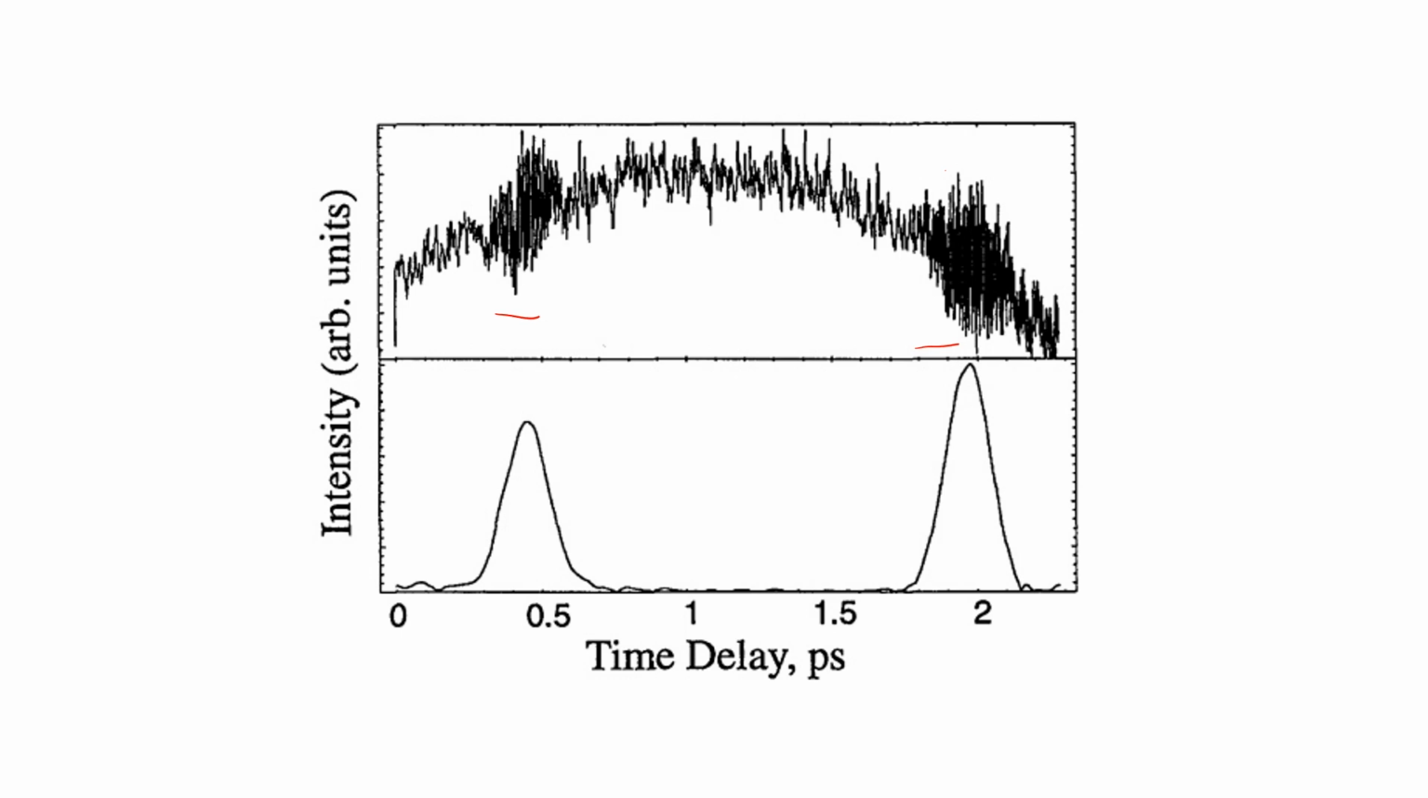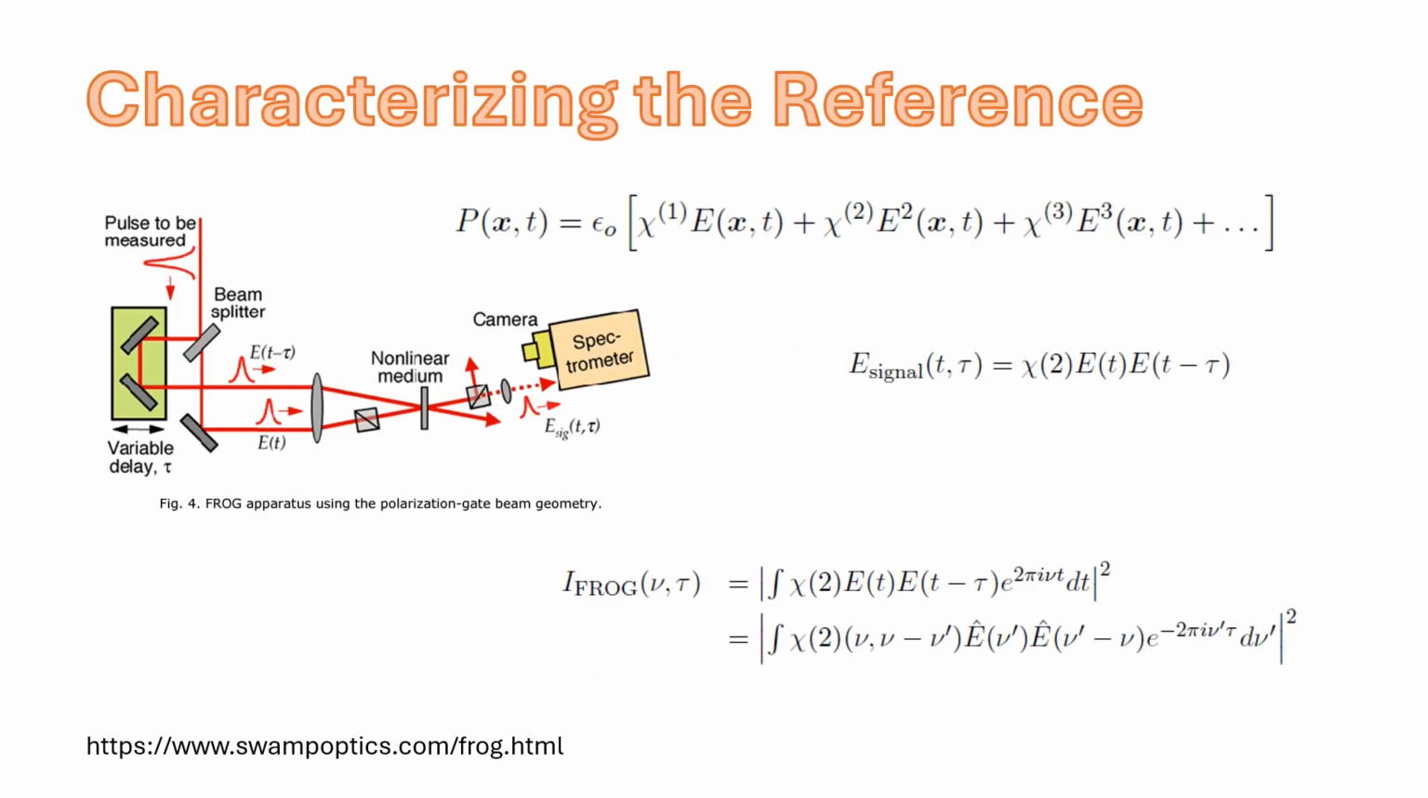And it turns out that there's no linear way for us to characterize the temporal shape of the reference wave. Various techniques have been developed to characterize the temporal shape of the reference signal. The most famous is called frequency-resolved optical gating, or FROG. And here we see a schematic of a FROG system drawn from the Swamp Optics webpage, one of the main purveyors of FROG systems. The basic idea is that you take in the unknown signal E of t and interfere